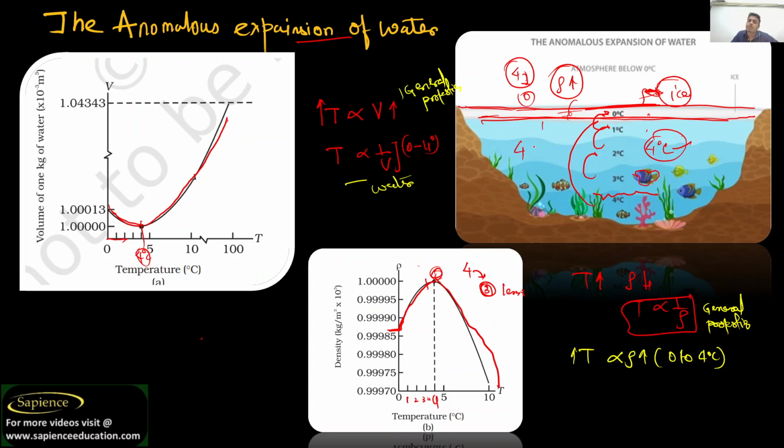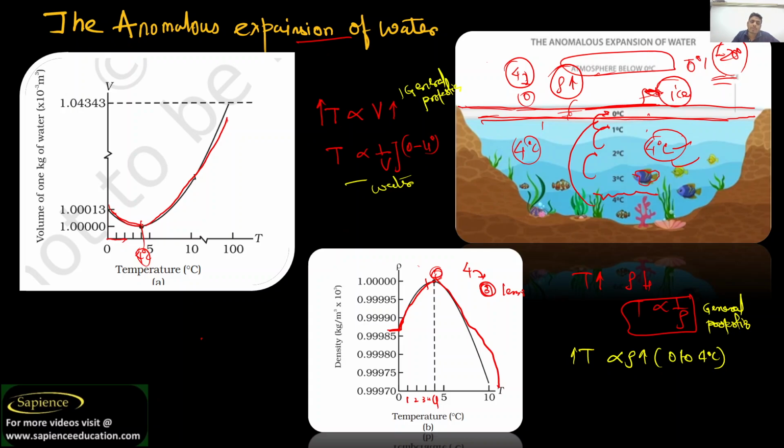So the temperature of the aquatic or underwater life remains 4 degrees Celsius or 3 degrees Celsius. As soon as the atmospheric temperature becomes less than 0 degrees Celsius, suppose there is minus 20 degrees Celsius, in spite of the outside temperature of minus 20 degrees Celsius, the temperature inside the water of the lake will remain 4 degrees Celsius. And this is the peculiar behavior of water, and that's why we call it anomalous expansion of water, because water